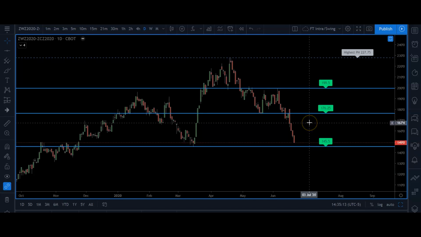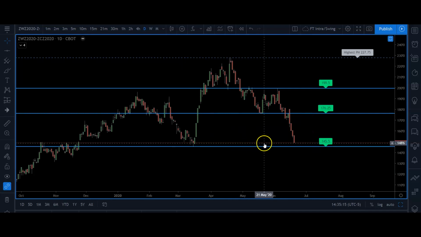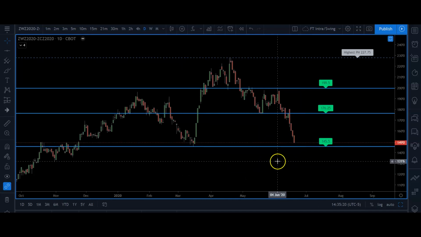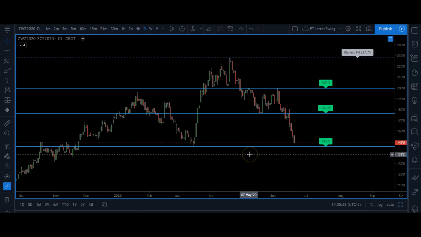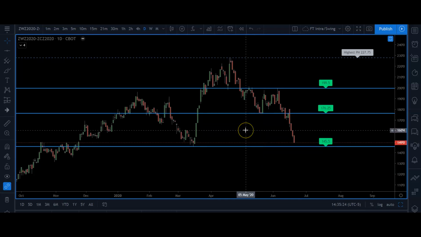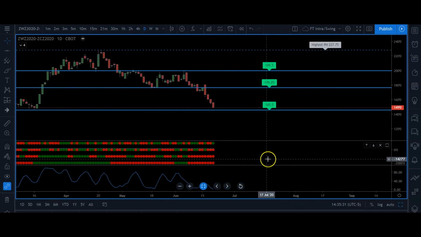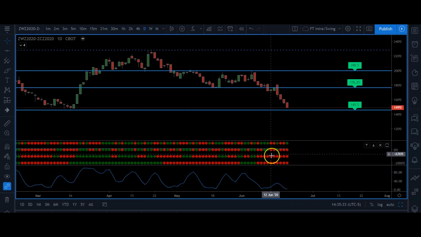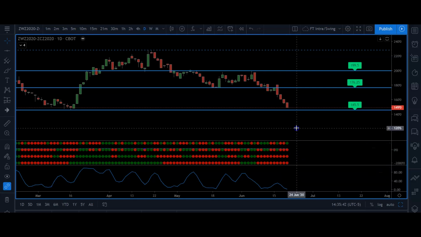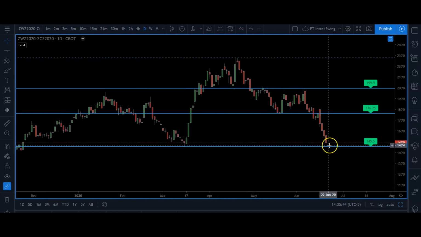Now it might turn around and I might miss it, but that's just part of doing business, because this zone is already here. But if you use other methods, like if you're a stochastic or RSI person, you'll see that there's not even much divergence happening yet to the long side. I don't see it here on stochastic. And this pretty cool trend indicator that I made, one of my first things I was able to code, is still showing our shorter time frame is slowly turning, but our higher time frame is still biased to the short side. So I want to just watch this area tomorrow.